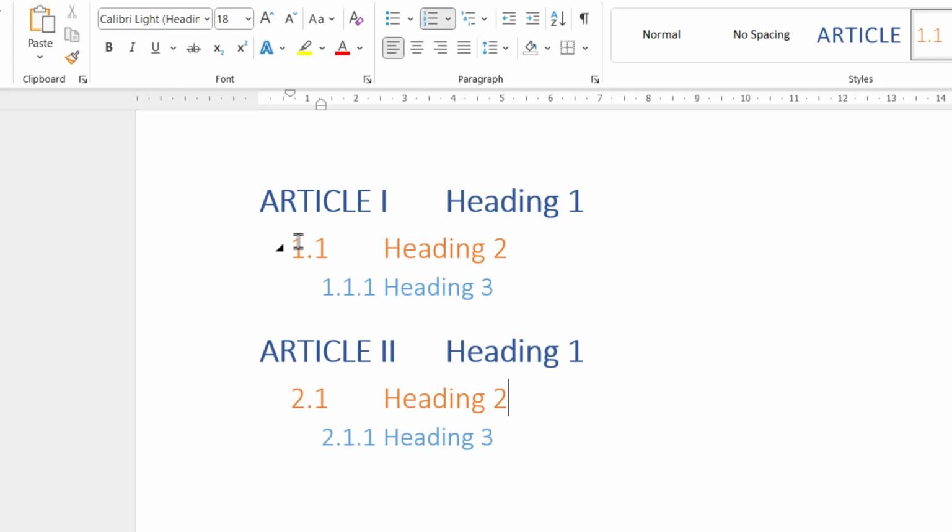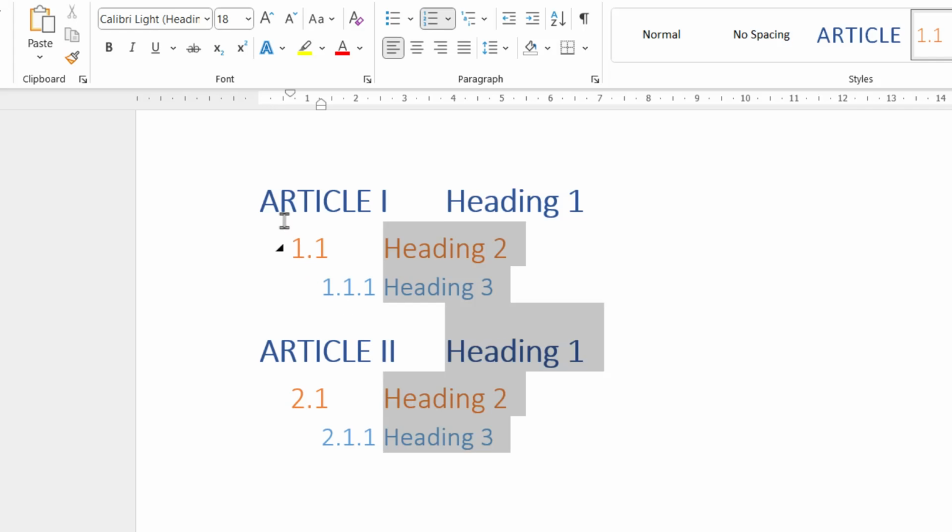The stuff that's underneath, normally you indent the number to be in line with the text for the heading above. But because it's got such a large prefix here, that's not a good idea. So I reckon the 1.1 should be indented maybe 1 centimeter and the text that follows 2 centimeters. And then we'll adapt heading 3 accordingly.